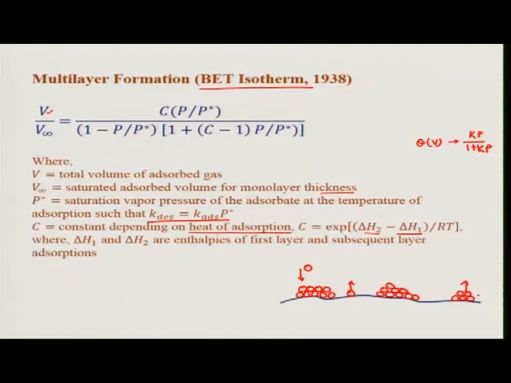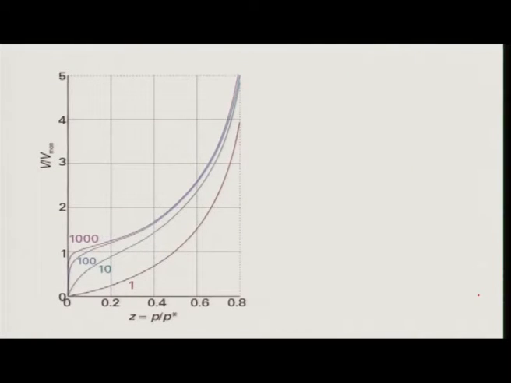Now, if we plot this curve for different values of C, you can see how, if the pressure is low, it can only form one monolayer, because this is the saturation volume of one monolayer and this is total volume. So, it will reach 1, but if you increase pressure, it can reach many multilayers. Okay. So, this is BET isotherms. Again, these are isotherms because they are at fixed temperature. Okay. And C is fixed by temperature. C is a function of temperature.